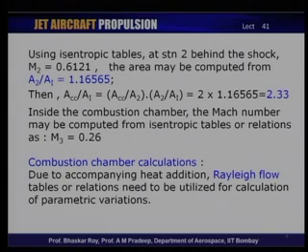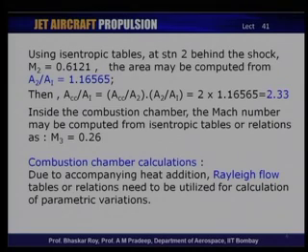Now, inside the combustion chamber, the Mach number may be computed from isentropic tables, that is before the combustion is initiated and before the combustion zone, and that comes out to be M3 equal to 0.26. Now, once we get into the combustion chamber, we have flow with heat addition, and as a result the Rayleigh flow tables or relations need to be utilized for computing the variations of various parameters through the combustion chamber. So, you need to get hold of Rayleigh flow tables,